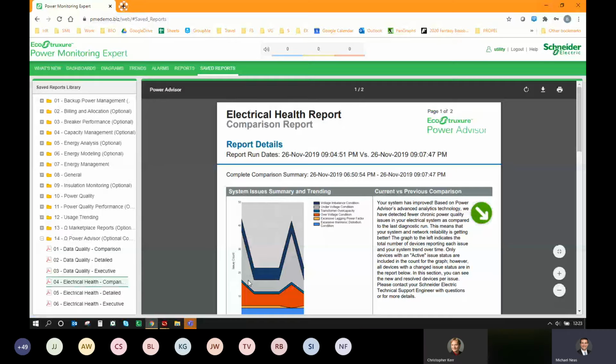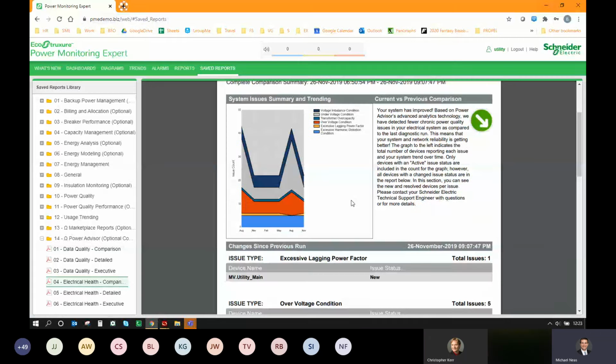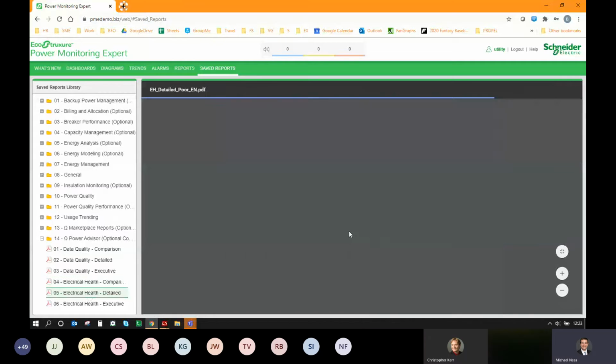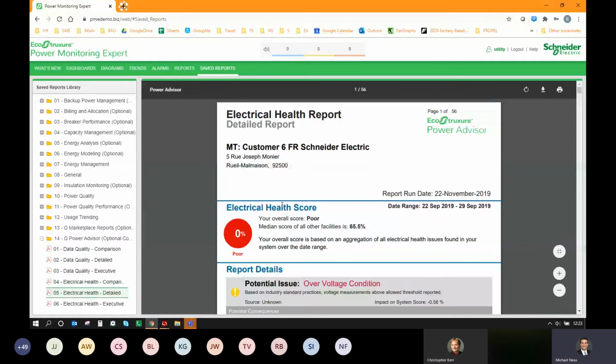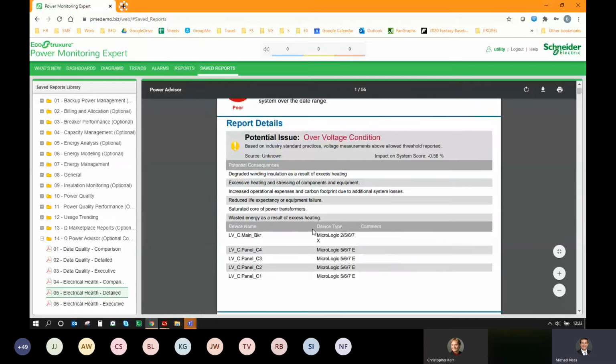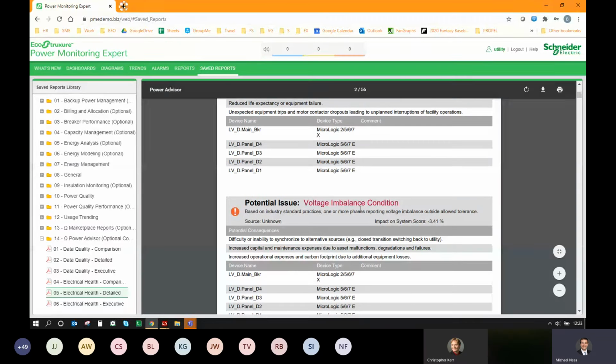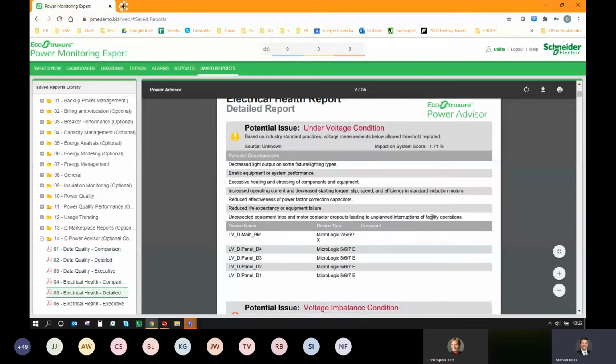In this, just like before, we have a comparison from what they identified last time to what's been resolved. A detailed view with an electrical health score. So this is looking at things such as degraded winding insulations, heating, saturated cores of power transformers, trying to identify a lot of different information as far as this kind of stuff goes, voltage imbalances, under voltages,